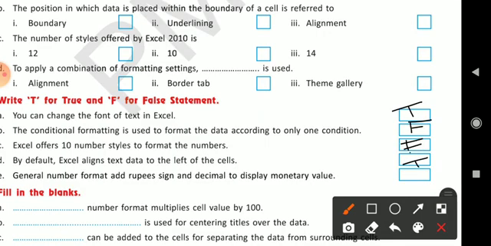General number format adds rupee sign and decimals to display monetary value. True. General number format provides the decimal and rupee sign to display monetary values. So first one is true, second one is false, third one is false, fourth one is true, and fifth one is true.